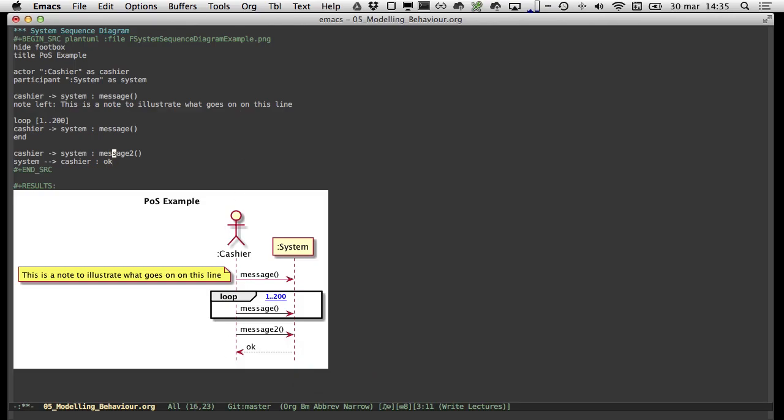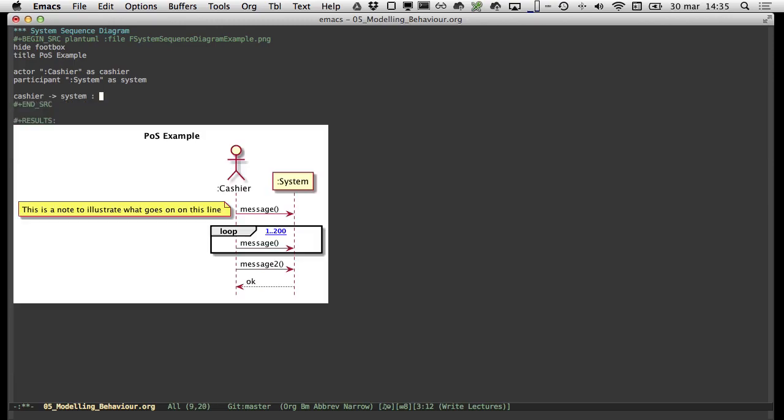So let's put this into the example that we've been using so far. We have the point of sale example. And let's go through the main use case. If you remember, what we had was that you start a sale and you add items, you scan the barcode on the items, and once you're done, you say that, well, I'm done and I want to pay, and then you pay. So let's do that. We start a sale, and then